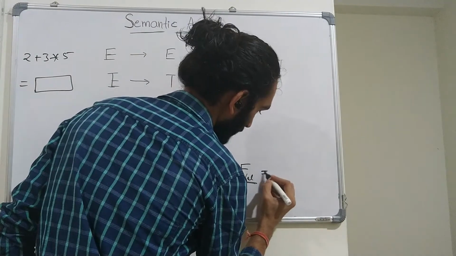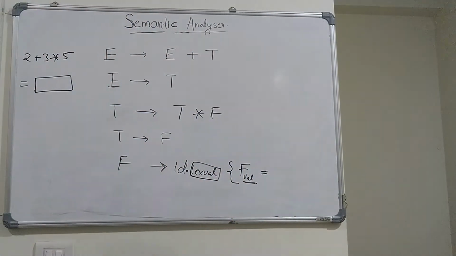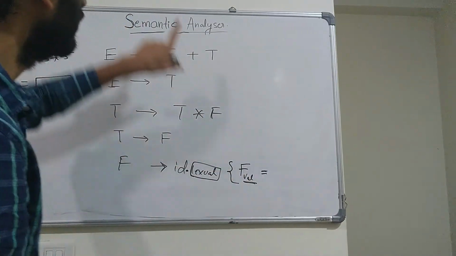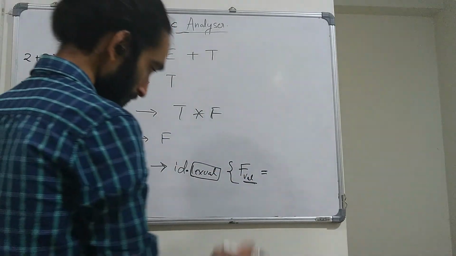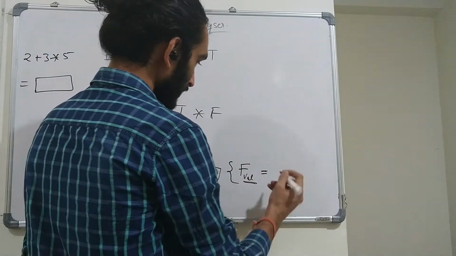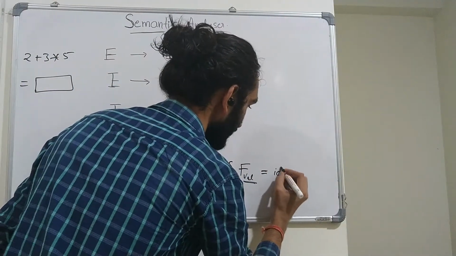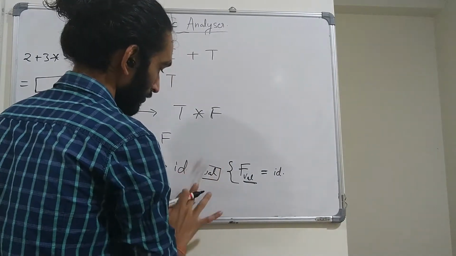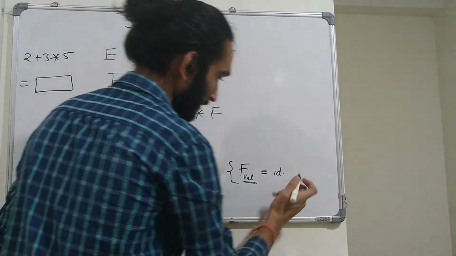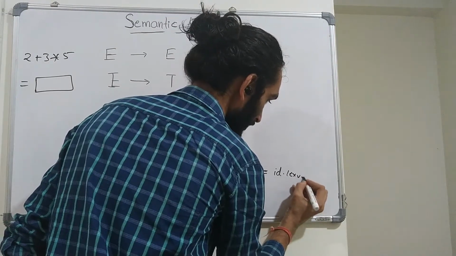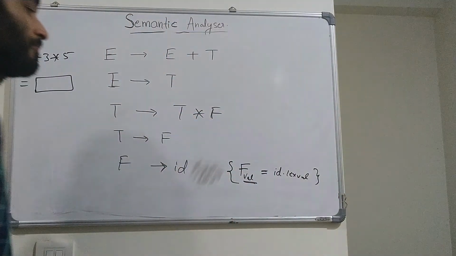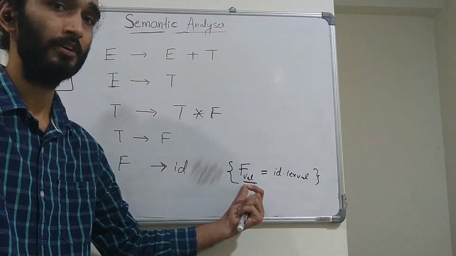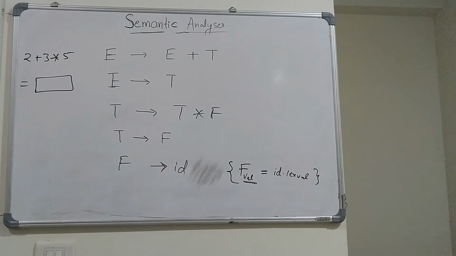So why am I using it here? To have certain information which is going to be needed for further computation. This value is recorded as id.lexvalue, so you can simply write it here as id.lexvalue. Whatever the value of this identifier is, it is transferred to the f here, so it is stored in f.val.